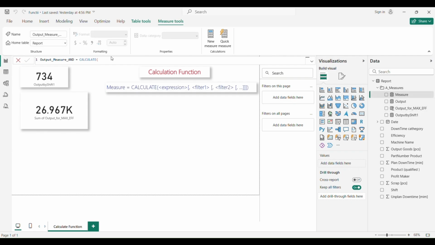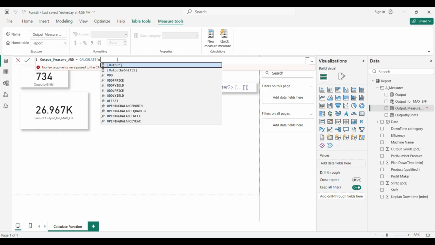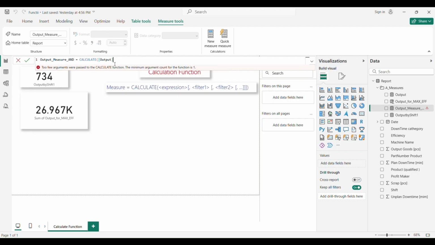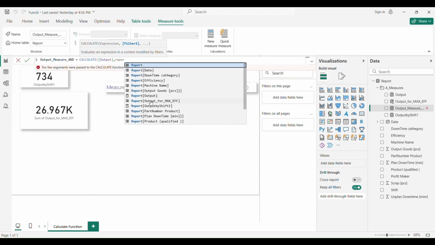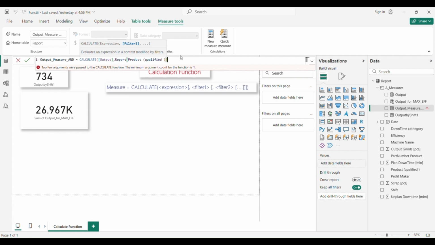with the measure. So we say calculate, and we say output measure, and now we have to say product qualified column, so we say report and product qualified equals to yes. This is the first filter, so let me just put the data more organized.